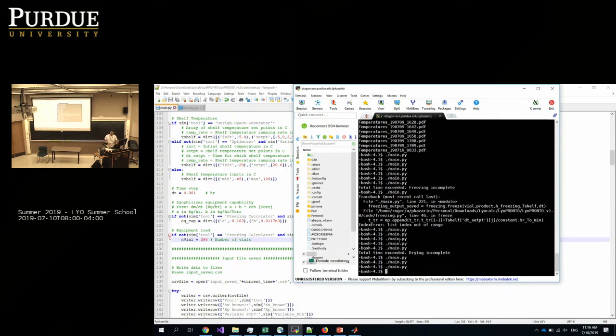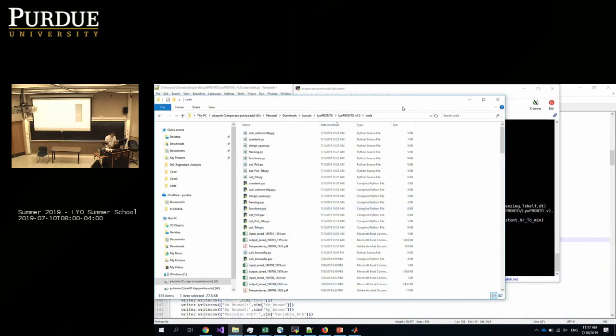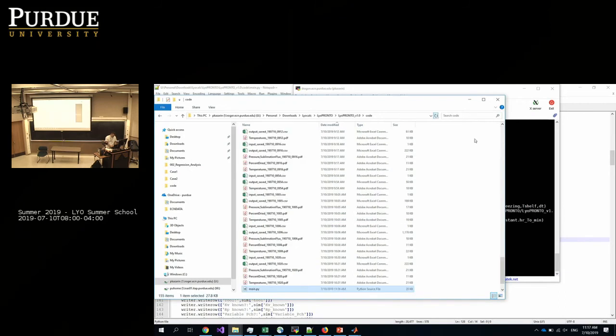We wait just several seconds, like 2-3 seconds, it's done. And then we have outputs. We go to the folder with this file, and at the output we have the input file saved with input parameters, the output file, and some plots.